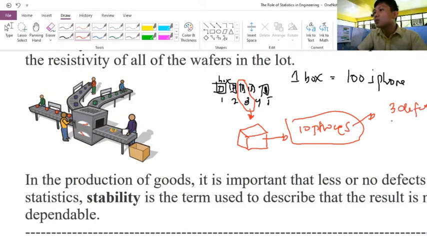Okay? So, ibig sabihin, 3 out of 10, or let's say, 30% is defect. Napakalaking percentage yan kung tutuusin. Kasi, ibig sabihin, there are at least 30% in the manufactured which are defect, could be, possibly. So, if we have 5 boxes times 100, ibig sabihin, 500 phones. Imagine nyo na lang kapag times 30% yan. So, ilan yan?